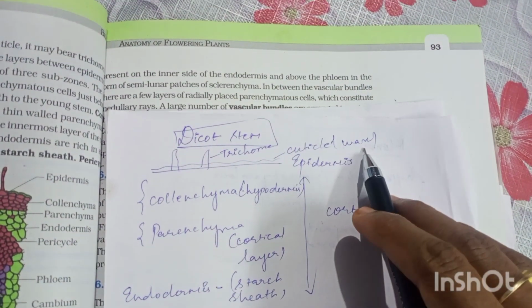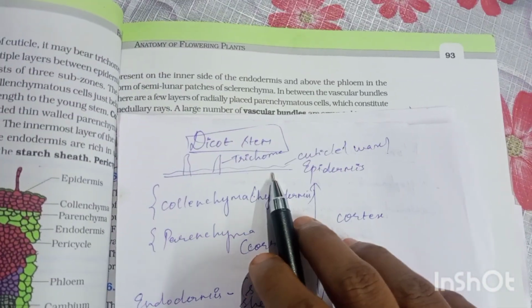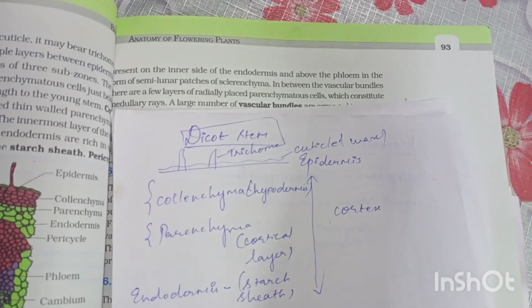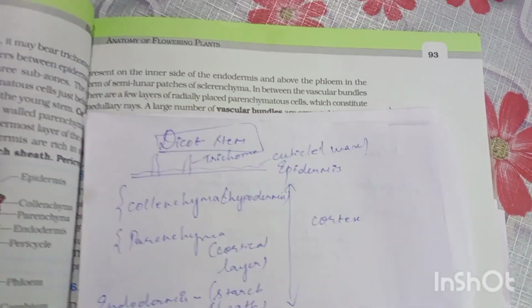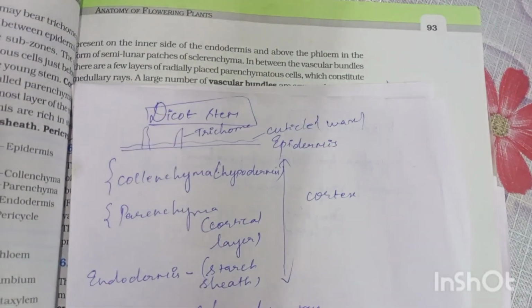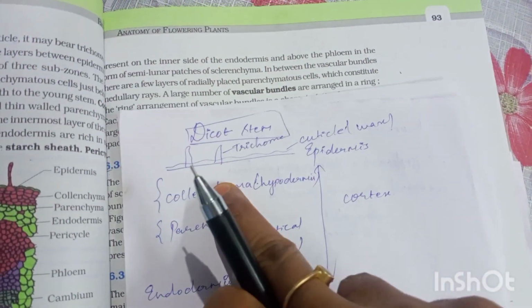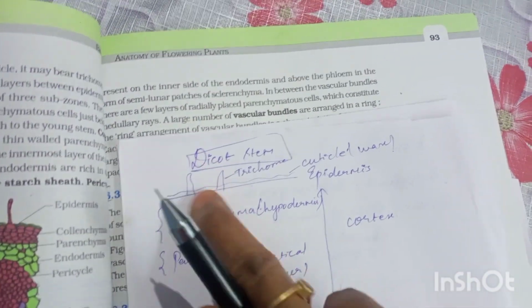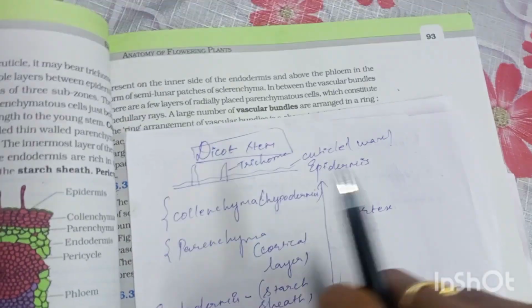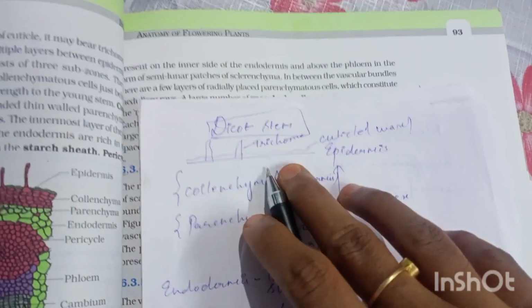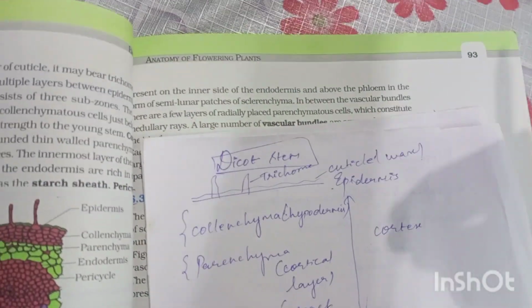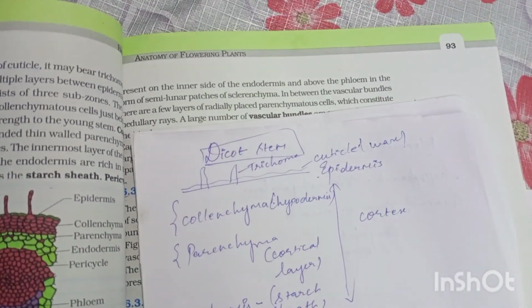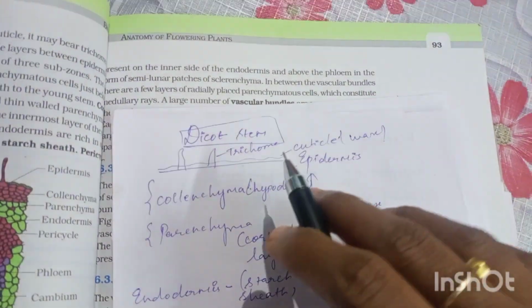Cuticle is mostly made up of wax. Since it is waxy in nature, it will prevent the excess loss of water from the stem, as well as protect the stem from getting soaked during excess rain. And from the epidermal cells, some multicellular extensions called trichomes will arise. The main purpose of this trichome we have already seen. It acts as a defense agent as it secretes some chemicals, or due to its stiff nature,